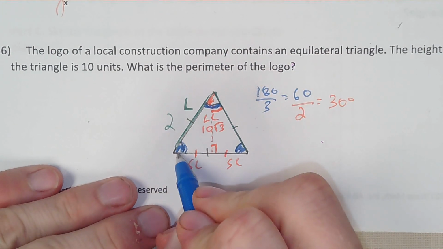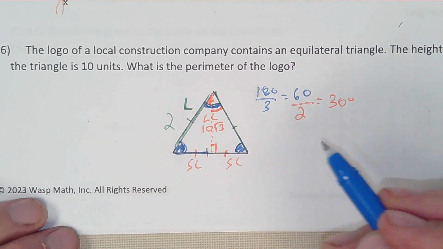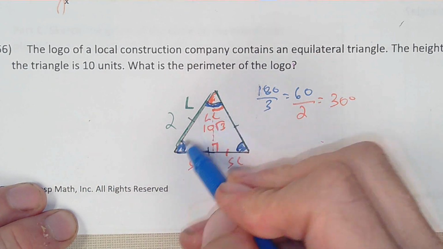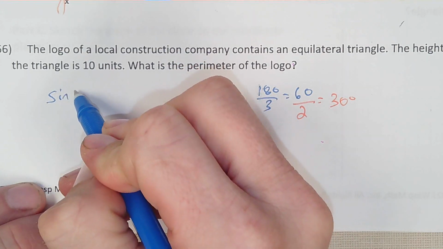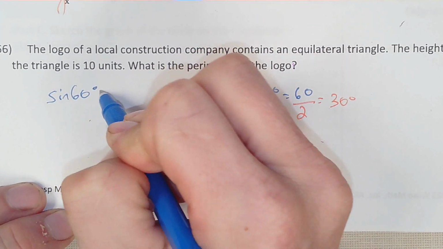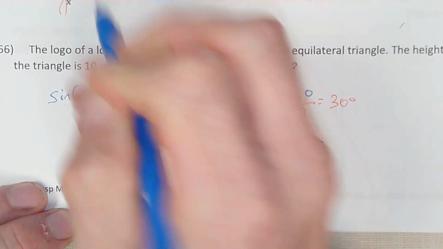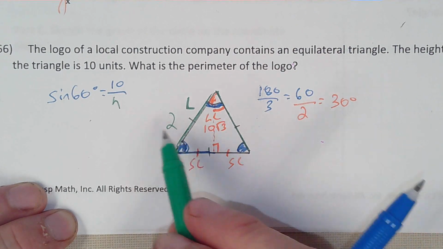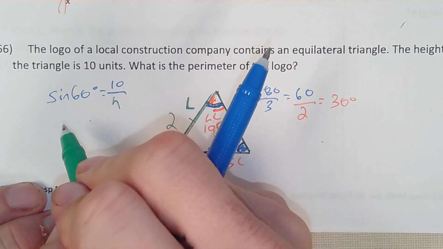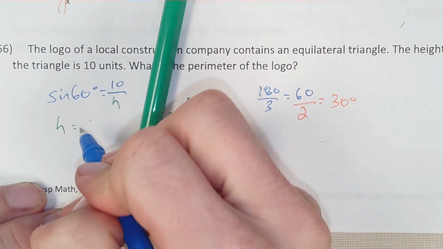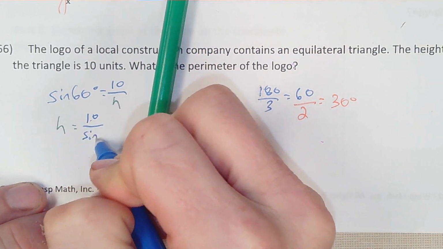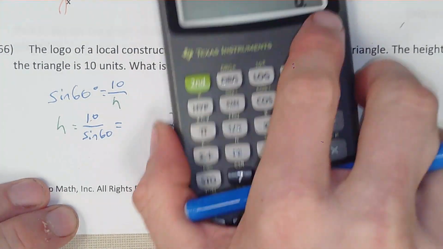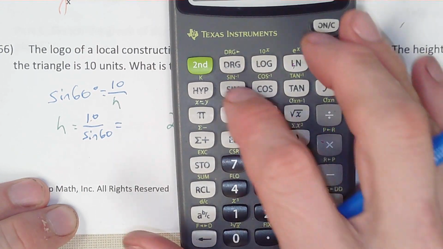So using the blue angle here as my theta at 60 degrees, I'm going to be using opposite and hypotenuse, so that's going to be the sine. The sine of the blue angle of 60 degrees equals 10 over the hypotenuse. To solve for this algebraically, the hypotenuse equals 10 divided by the sine of 60. I'm just going to go with the calculator: 10 divided by sine of 60 equals